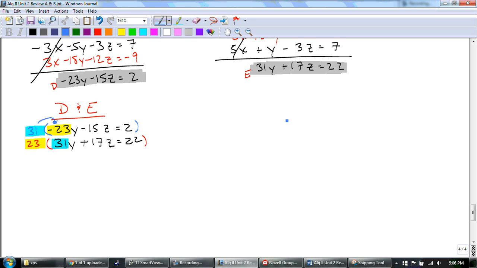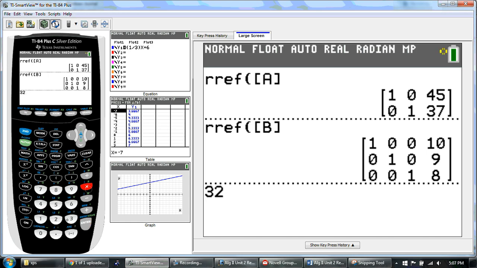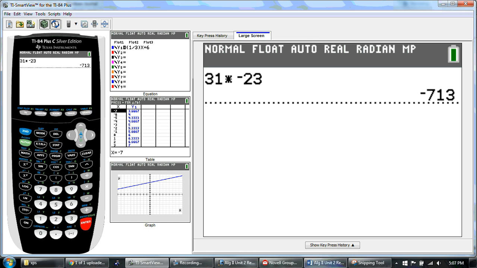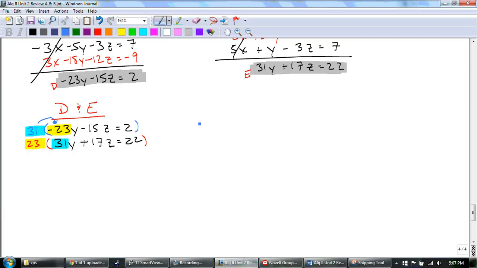So 31 times negative 23 is what? Well, don't look at me. 31 times negative 23. Oh, and I wrote it wrong. So, come on, Mr. Grice. So we've got 31 times negative 23. Negative 713. Yes, we're going to get some big numbers. That's okay. So negative 713y,